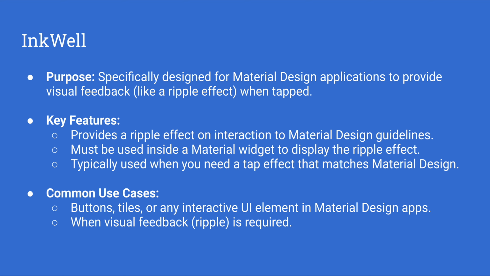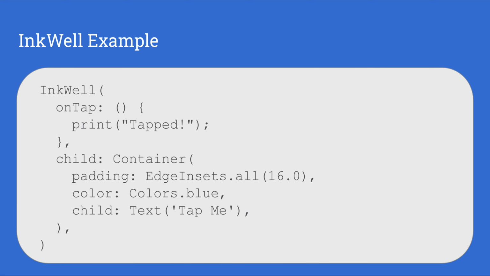What are the common use cases? Buttons, tiles, or any interactive UI element in a Material Design app when visual feedback is required. So for example, if you have an image or some text and you want to make it tappable, you wrap it in an InkWell widget. Okay, so for example, here we have one container. In the container we add an onTap method, so we wrap it with InkWell, and using the onTap method we use a print statement. Okay,